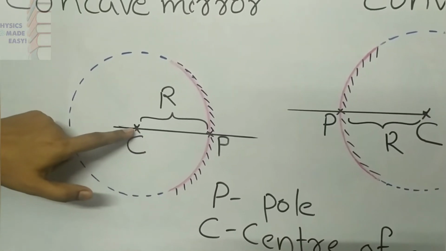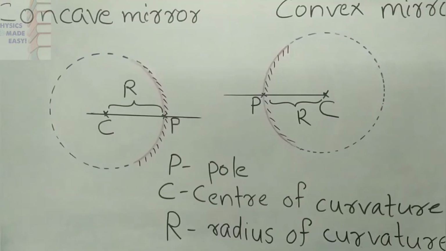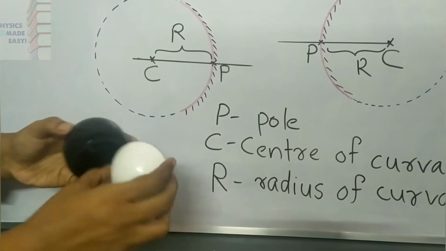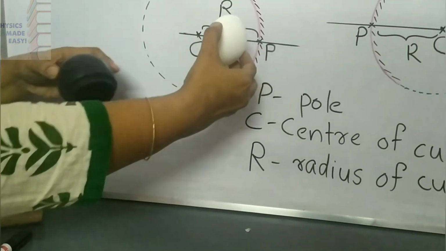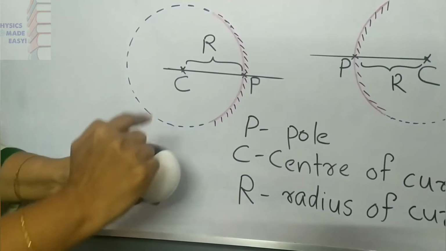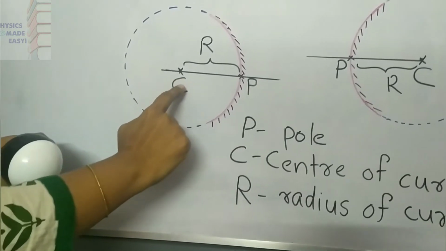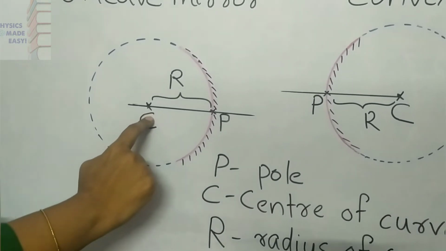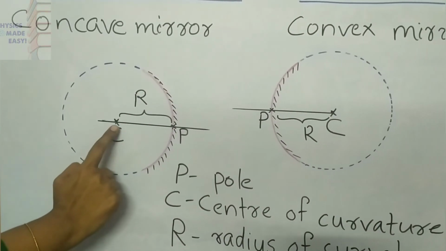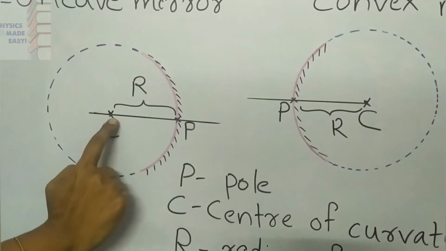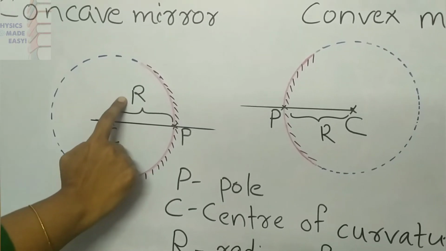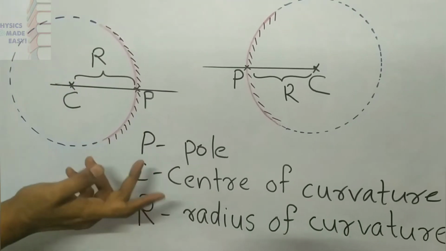So the center of that circle you can see here. This white color you have to consider as a mirror, curved inwards like this concave mirror. That is a part of a sphere, so the center of the sphere is denoted as C here. We call this C the center of curvature of this concave mirror. Then the distance between P and C, joined by a line segment, we call the radius of curvature. You know the radius, that only here also.